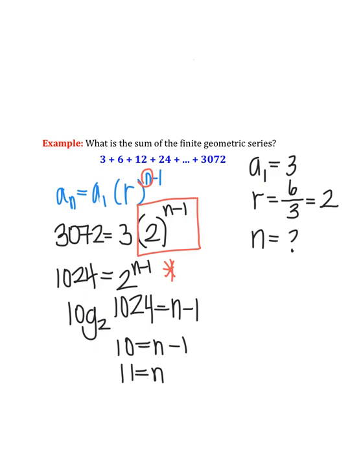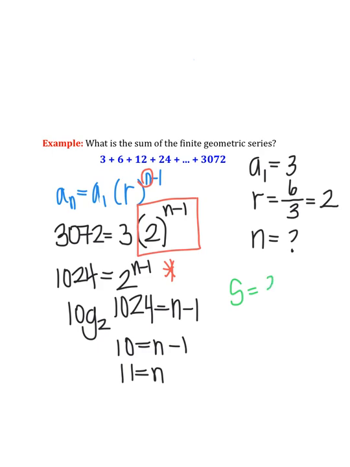Yeah, 2 to the 10th is 1024, and then solve from there, right? So if that's what you got to do, then do it that way. So now that we know that n is equal to 11, now I can go back to my formula and solve for my sum. So my sum for this one, my sum of this geometric series, is equal to